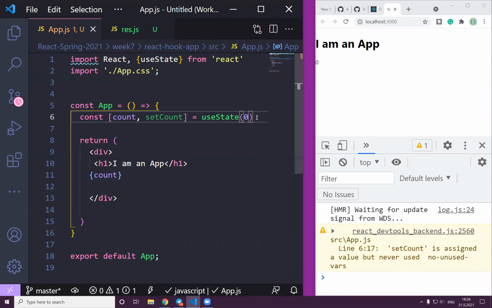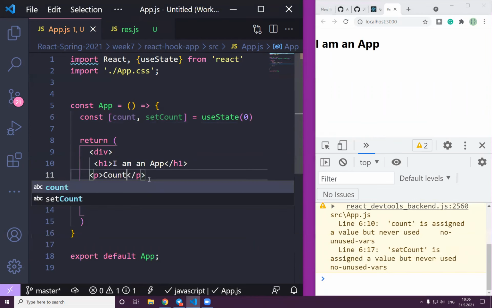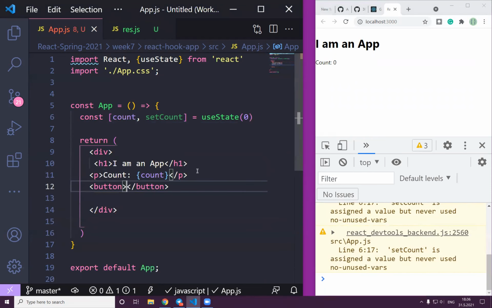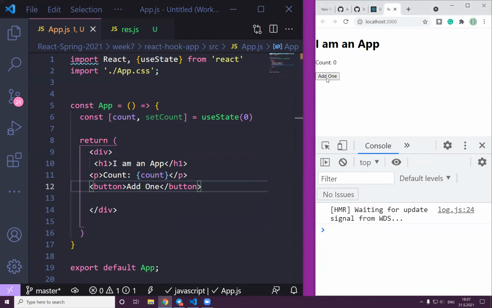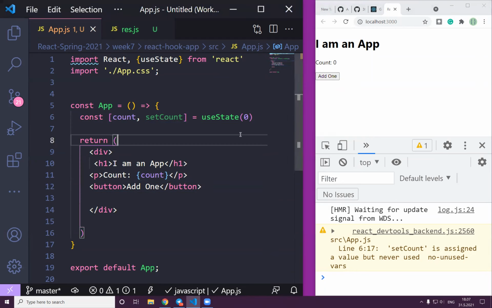Nice, but how can we add a button to make it work? Let's put this in a P with a count, and add a button. Do you think if I click on it, it increases the 0 to some number? No. Why not? Because you have not used setCount. So you need to get another const, put the value setCount, then yes,